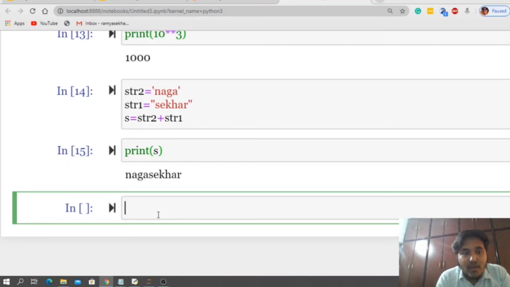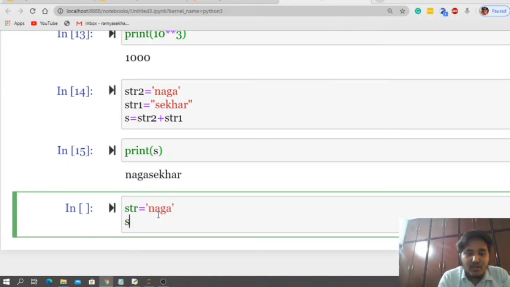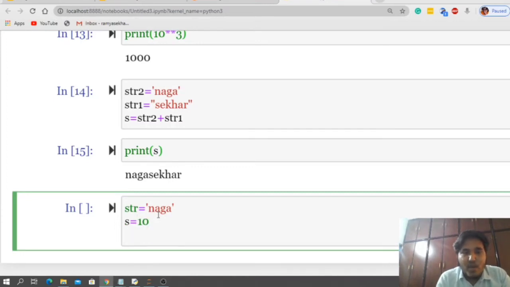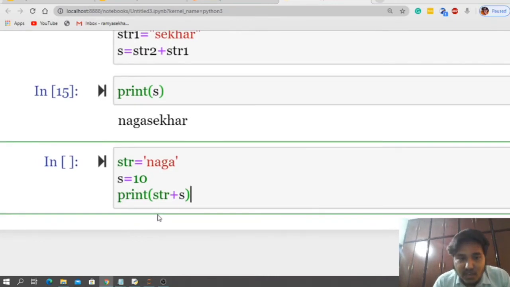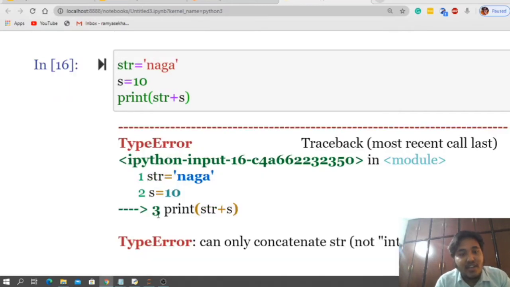Now what I am going to do is take one string and one integer. S is equal to 10. Now I am going to add both of these. Can you guess what output we are going to get? If you know Java, the output we would get is Naga10. But in Python, we are going to get an error.